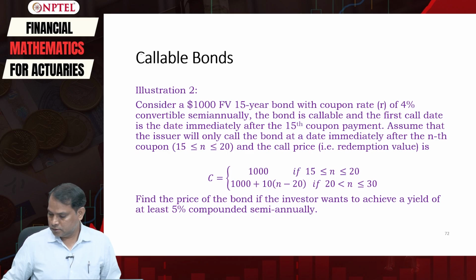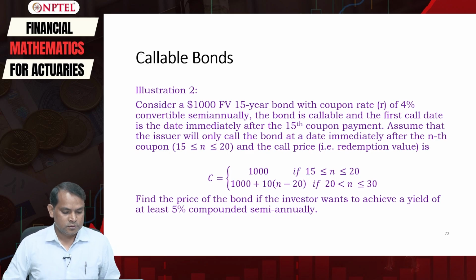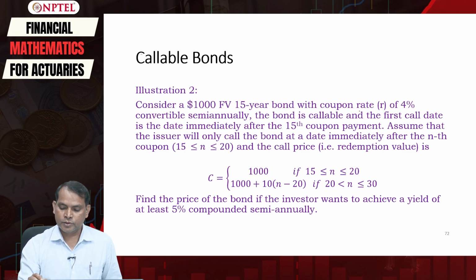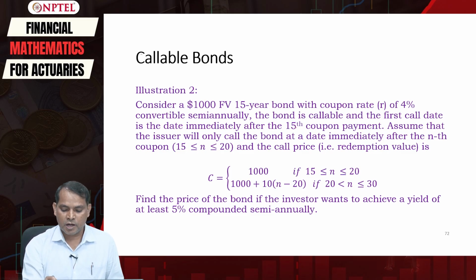So let us take another example. The example says, consider a $1000 face value 15-year bond with coupon rate R equal to 4%, convertible semi-annually. The bond is callable and the first call date is the date immediately after the 15th coupon payment. Assume that the issuer will only call the bond at the date immediately after the nth coupon,